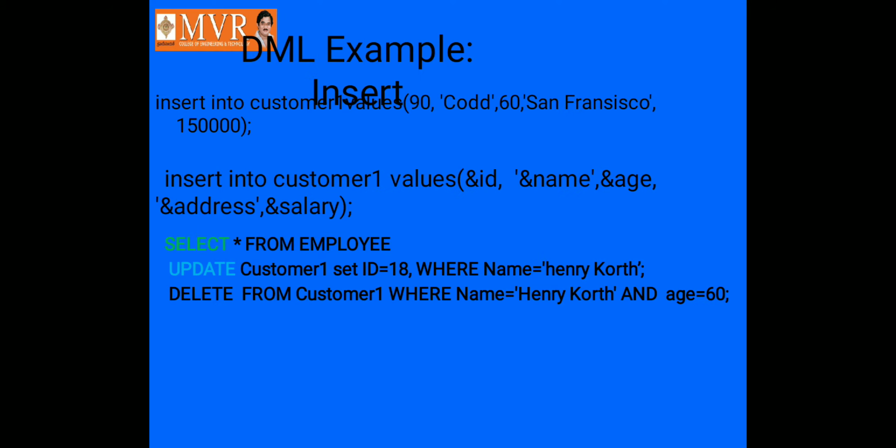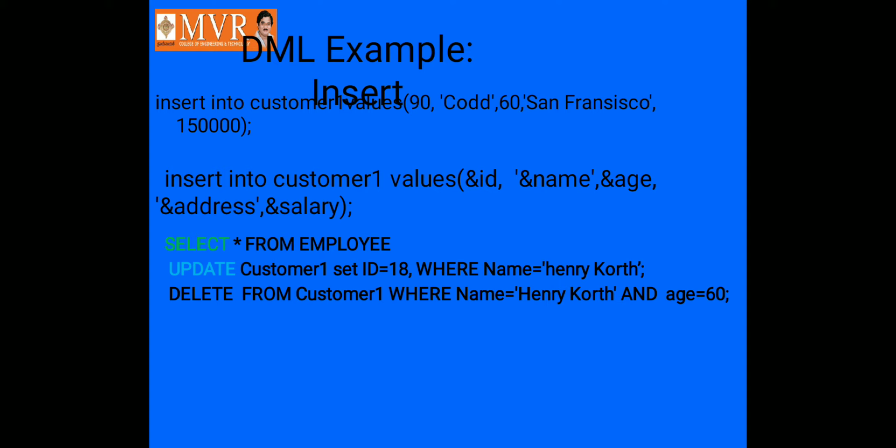Next one is insert. I need to insert into customer values: insert into table name, where customer 1 is the table name. First of all, you create the table. Here, insert into customer 1 values of 90 comma name COD. The name should be in single or double quotation marks,